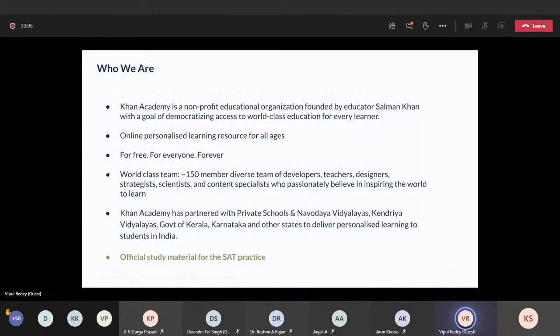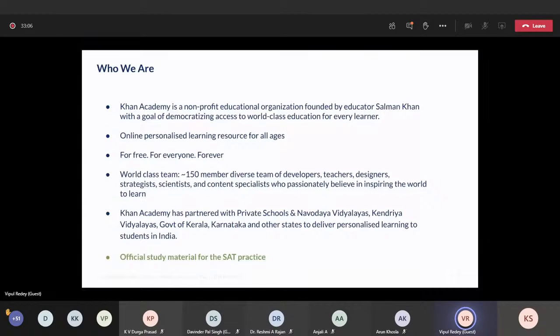I did talk through most of these, but just to let you know, while we support almost, like I said, 6 to 9 crore learners worldwide, as an organization, we are very, very small. We've grown to a little more than 200 employees worldwide that staff Khan Academy. In India, we are about 25 people. India is the largest hub of activity outside of the United States, outside of our headquarters in Mountain View, California. And we are